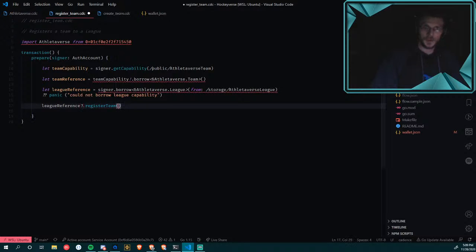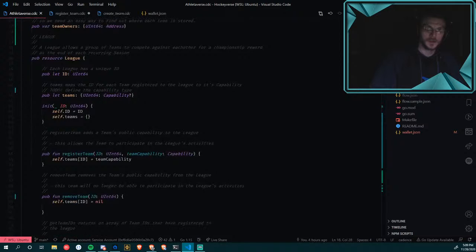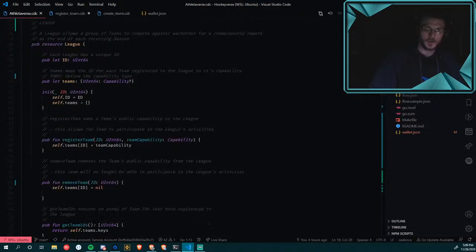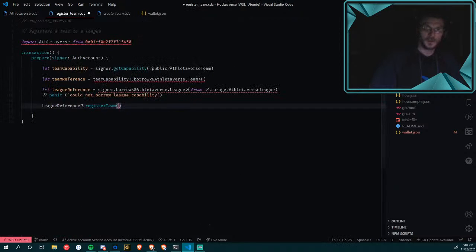Should we call that if it has it on it? And then let's go back here. So when we're calling it, we need to pass the ID and the capability. I don't really know the ID yet, so I'm just gonna fudge it.